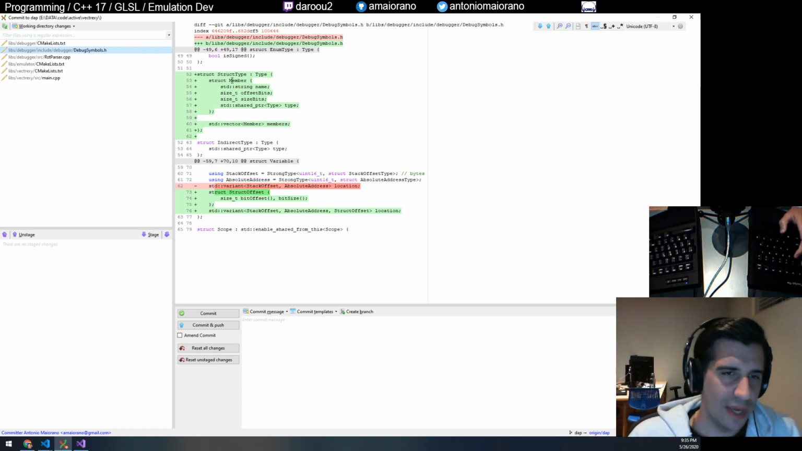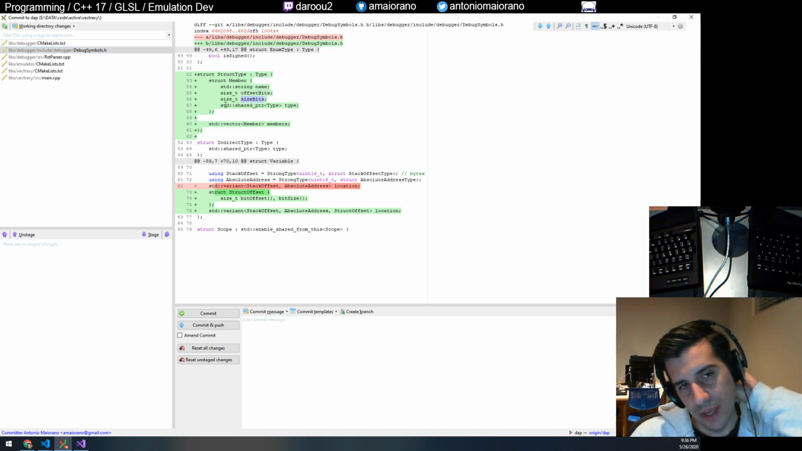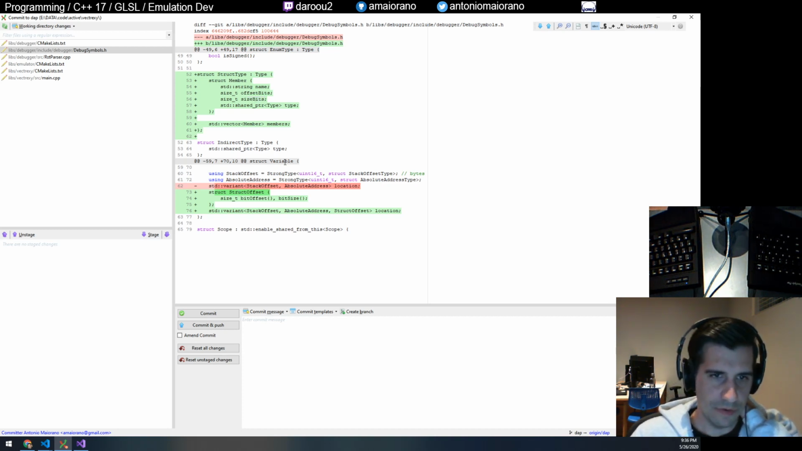Right, so I added the struct type. Basically it's a vector of members where members have names, an offset in bits, size in bits, and then the type of the member. Right. And I have another type of offset that I added here for my variables. So if the variable is itself a struct,